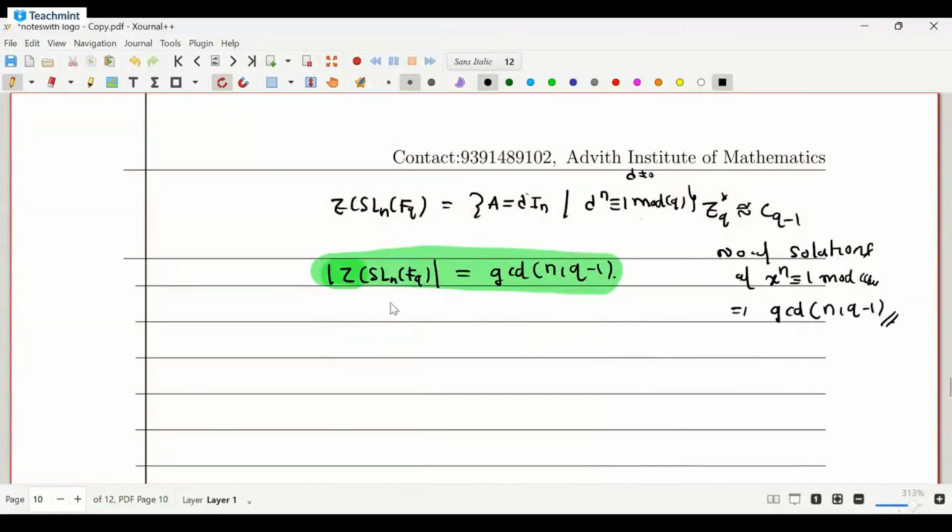So therefore Z of SL_n(F_q) is equal to GCD of n comma q minus 1. For example, what is the order of Z of SL3 of F11